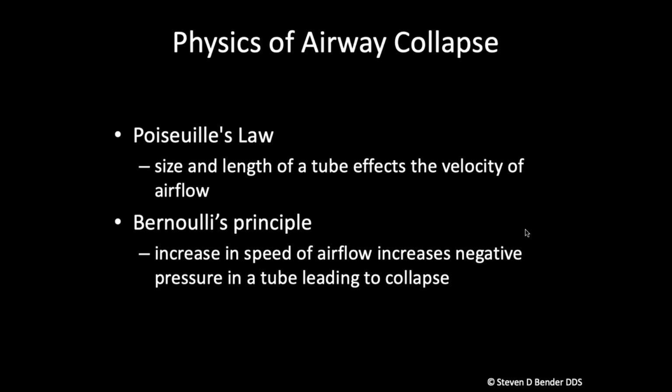In other words, if we have a smaller tube for a substance to go through, it's kind of like squeezing the water hose. The more you squeeze the water hose, the faster the water goes through it. Well, the smaller the space for air to go in, and that would be the nose, the upper airway, the faster the air is going to go through that tube. And then the other principle would indicate the faster that substance goes through that space, the more negative pressure is created. So the faster the air is going through this collapsible tube, the more negative pressure is created,